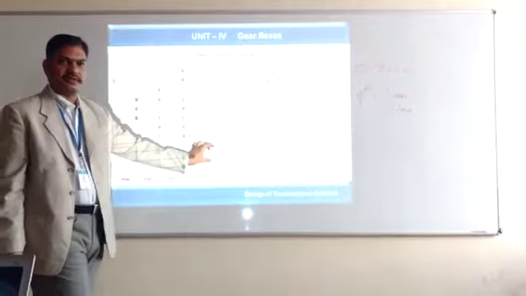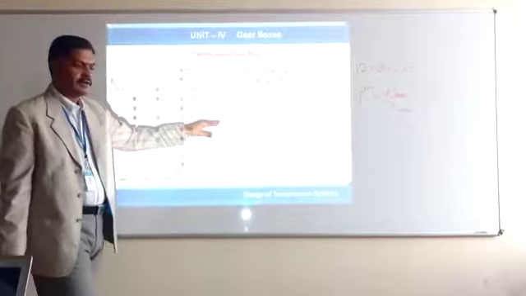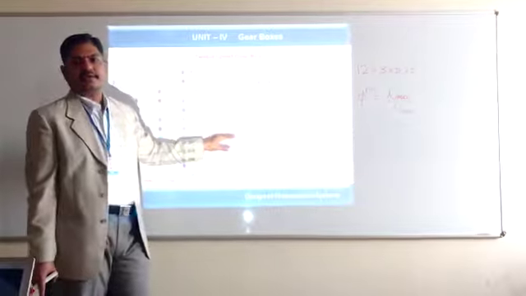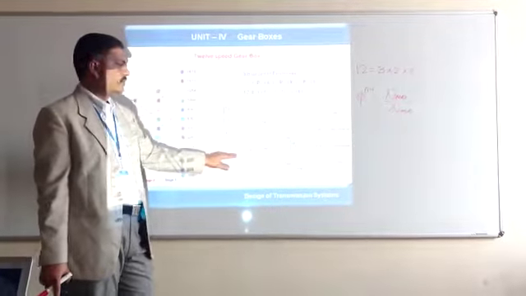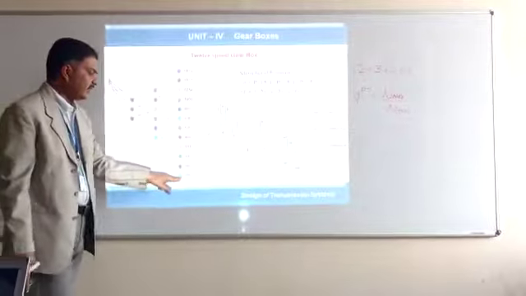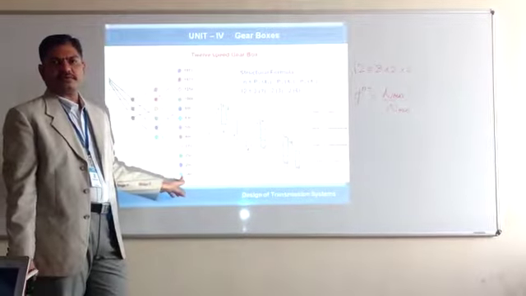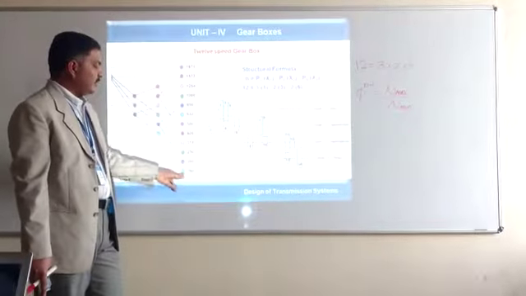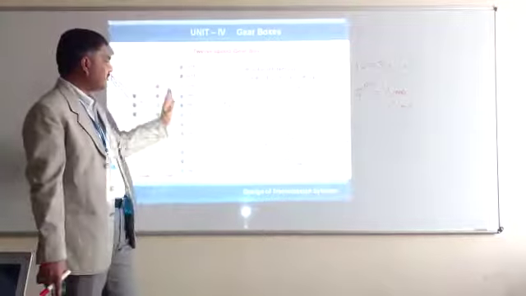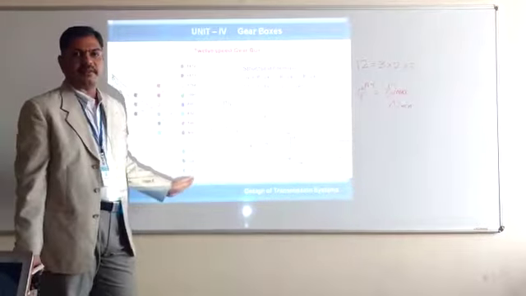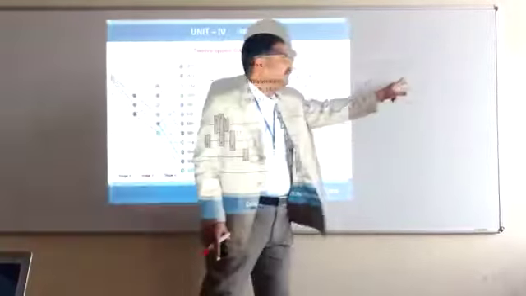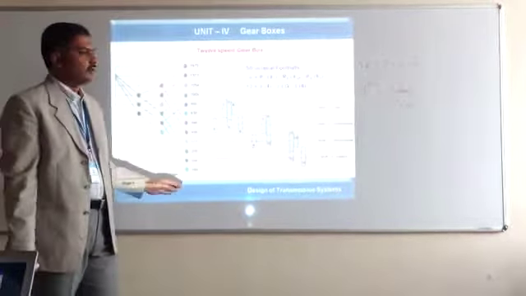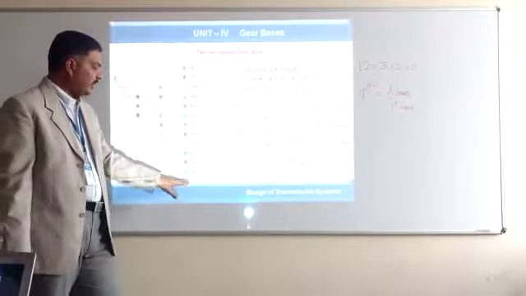You can name accordingly. So now, the distribution of gears, as we saw, P1 is 3, so we have 3 fixed gears, and P2 is 2, so we have 2 fixed gears, and P3 is also 2, so we have 2 fixed gears. So this is your first stage, this is the second stage, and this is the third stage. The output of the first stage is given as the input for the second stage. The output of the second stage is given as the input for the third stage. So now, we have to start our ray diagram from the bottommost